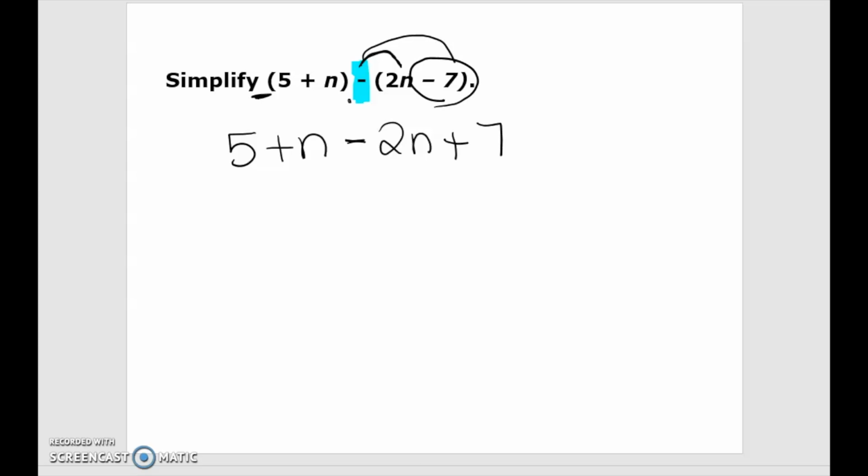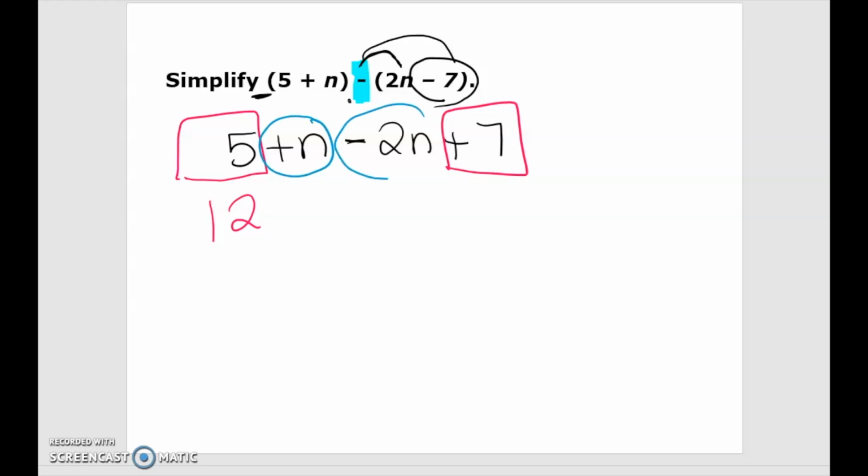So we can see with subtraction, this gets really, really tricky. We have to be careful. Now we're going to box our terms. So I have a positive 5 and a positive 7. When I add those together, I get 12. Then I have a positive n and a negative 2n. So now I have to think. They have different signs, so I subtract. 2 minus 1 is 1, and I keep the negative. So my answer is 12